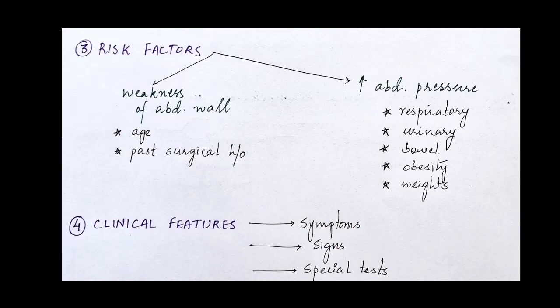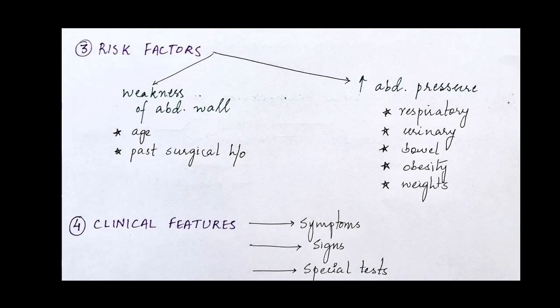So now that we know what is a hernia, we need to know what is the cause of the hernia, because what we're going to talk about in clinical history and examination is going to be the etiology, the diagnosis, and what are the complications. So that's why when you're taking the history, you need to keep in mind all of these risk factors. So risk factors can be broadly classified into weakness of the abdominal wall and things that cause increase in the